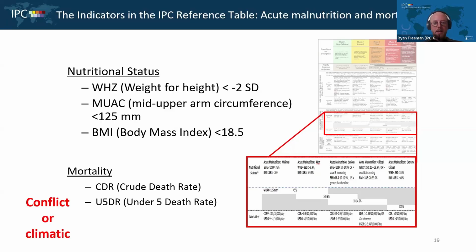So I think that's what I had for some of the overarching discussion on the indicators, how we talk about it from the analytical framework, how we use them within the IPC, whether it's going to be a conflict setting or a climatic event, whether it's an urban or rural environment, or if it's going to be a sudden onset or a protracted crisis. All of these indicators can be used in different ways, and all of them allow us to try to better understand acute food insecurity and its relationships with all of these different indicators in those contexts. So we understand a little bit more about the household and all of these different contexts.